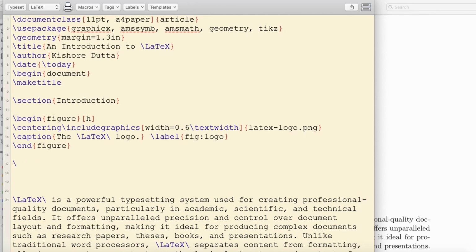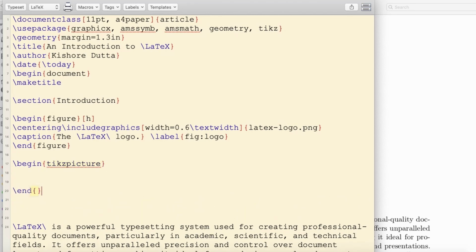So here is an example. I am writing \begin{tikzpicture} and \end{tikzpicture}, and within this environment I can choose \usetikzlibrary. There are many libraries. I am choosing shapes and snakes. Now the commands are \draw,